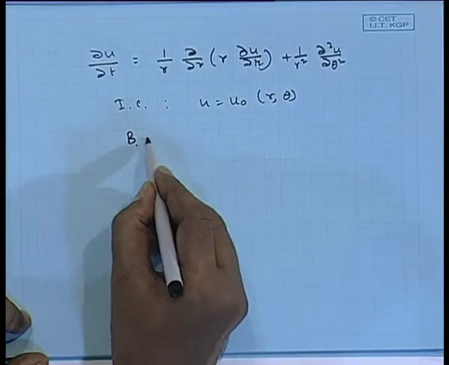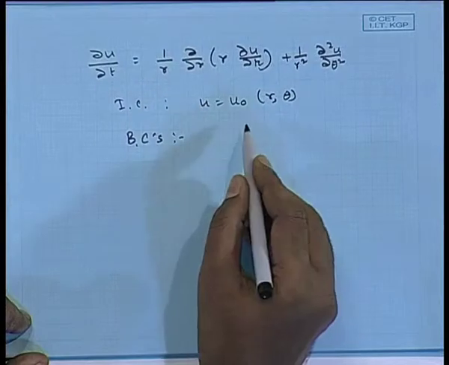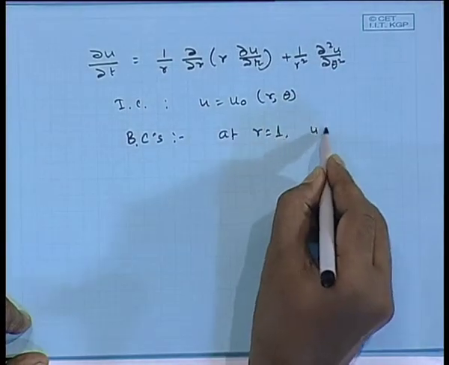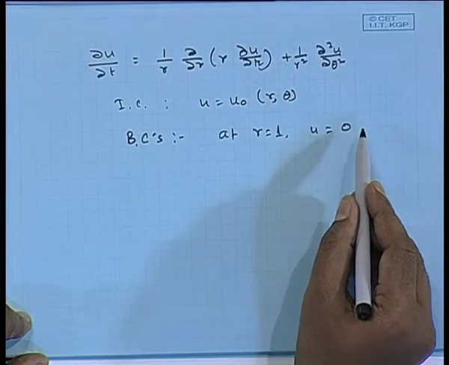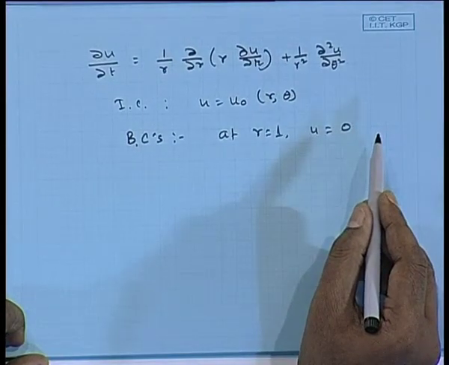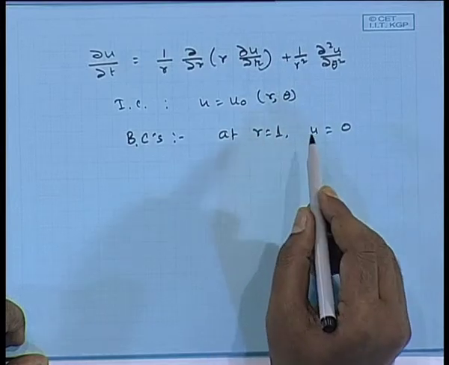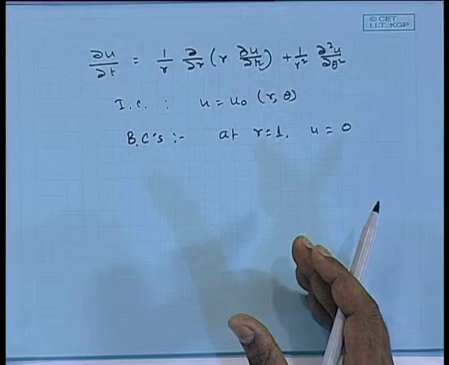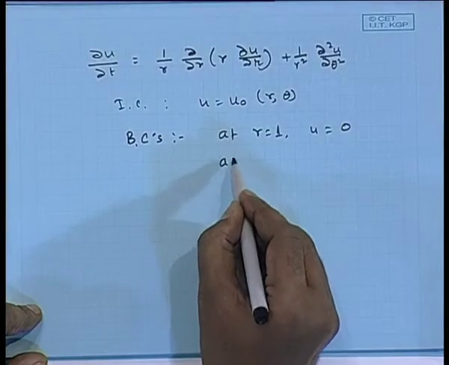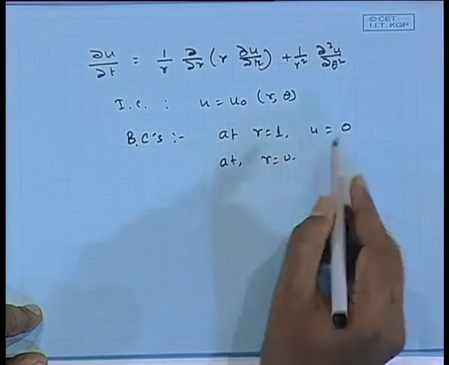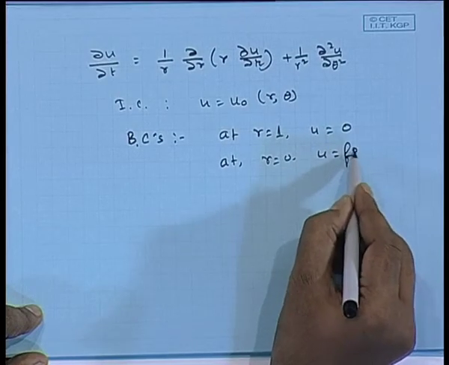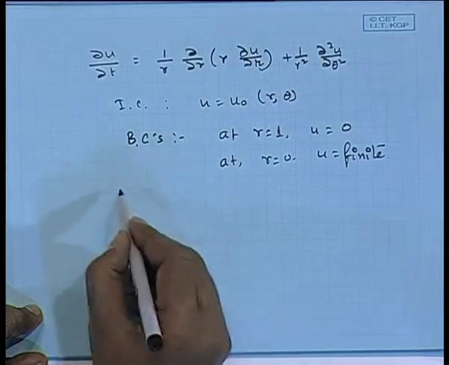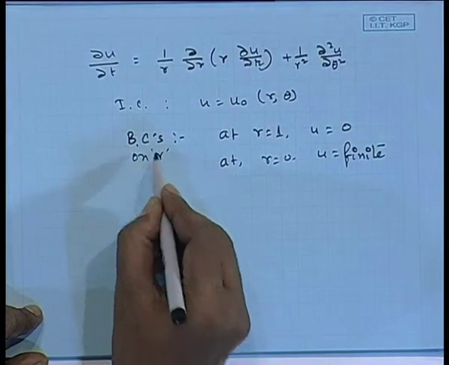Now, the boundary conditions we have selected: at r equal to 1, u is equal to 0, which implies a constant temperature, wall temperature boundary condition. R equal to 1 is non dimensional, so it is basically r equal to capital R, on the surface of a tube. And the physical boundary condition is at r equal to 0, u is finite. Now, boundary conditions on theta,